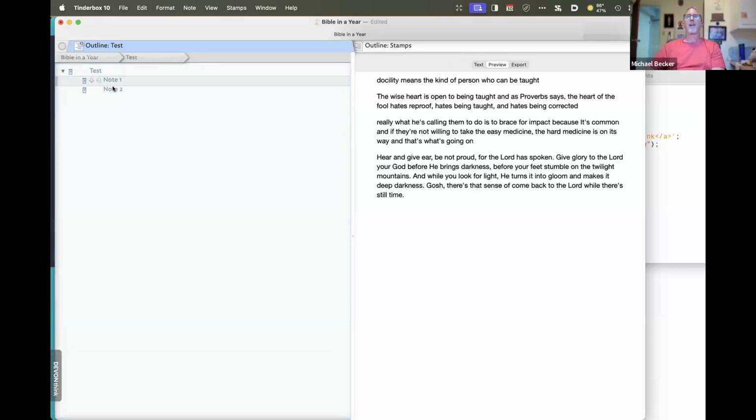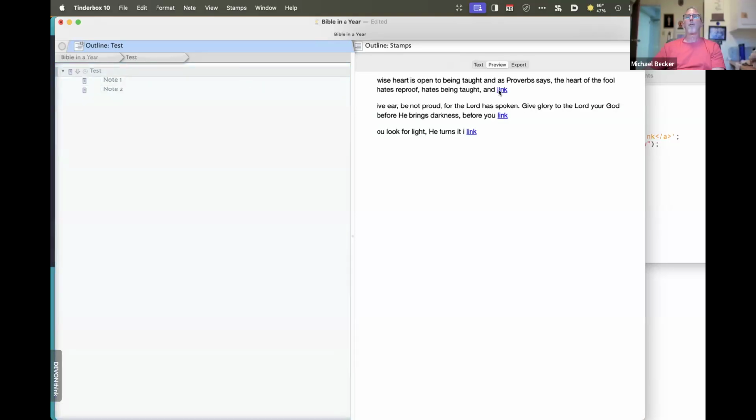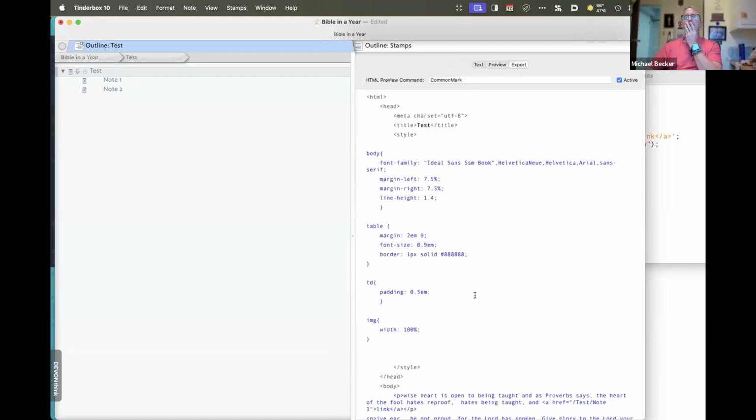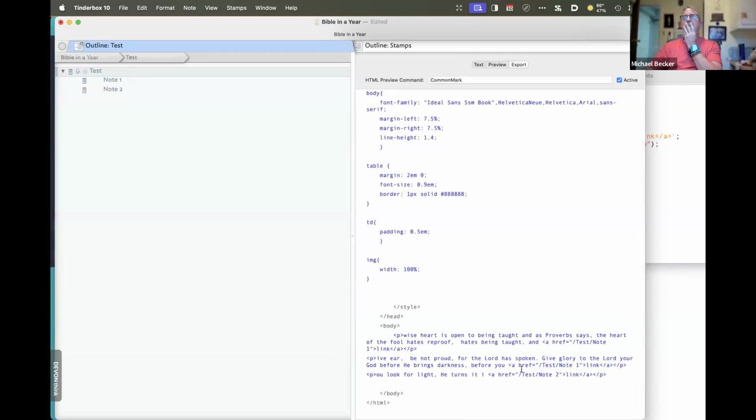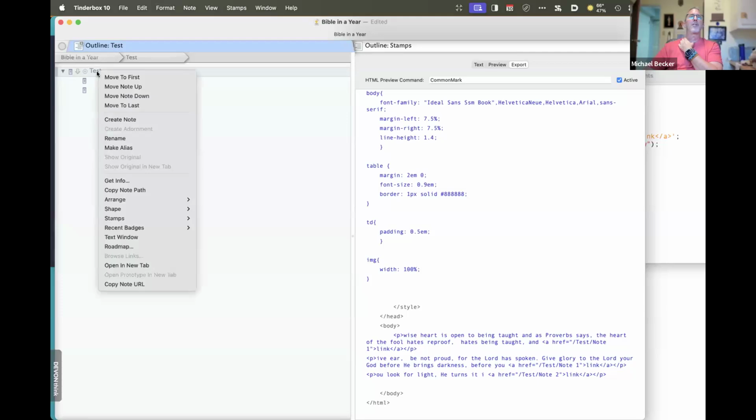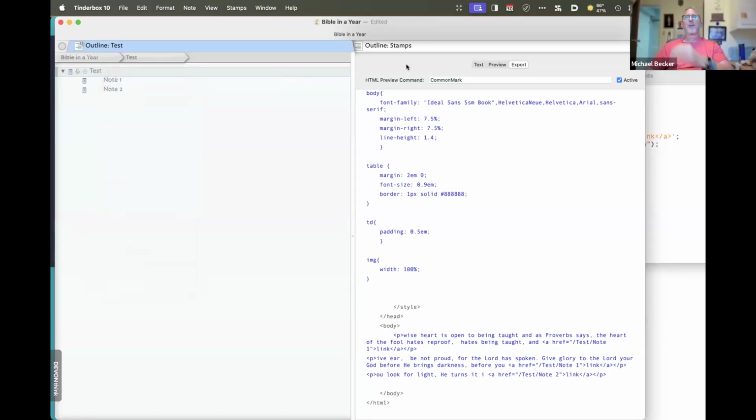Now the reason why that's not working is those notes haven't been previewed before. So we're getting close. And now here's the other interesting way to test this. We can actually see what's going on here. So if we go to the export tab,